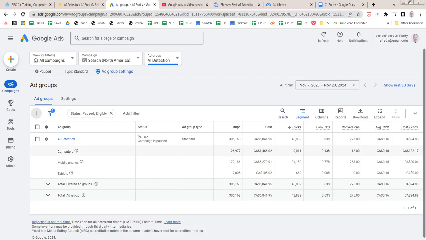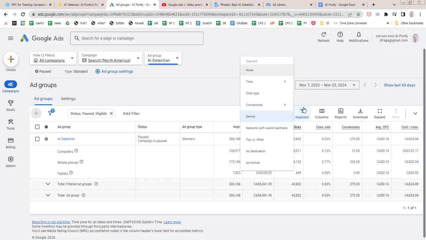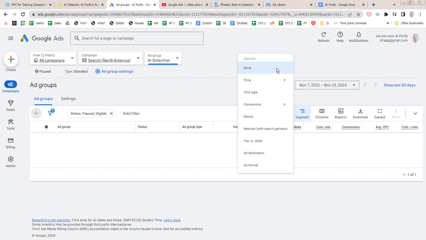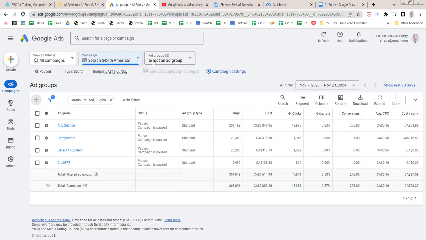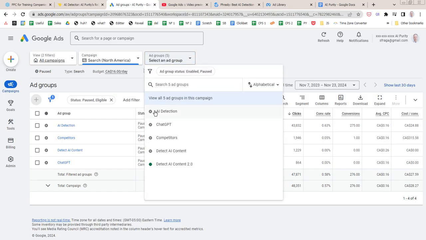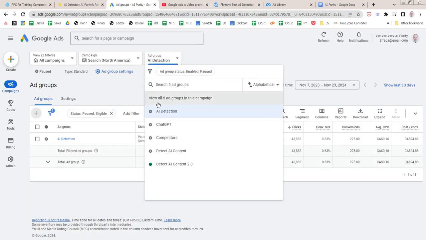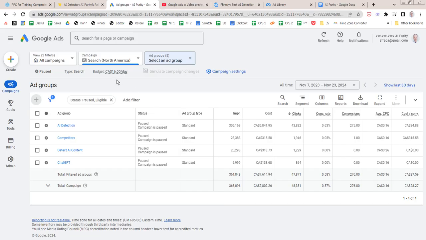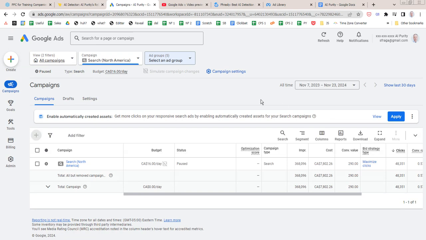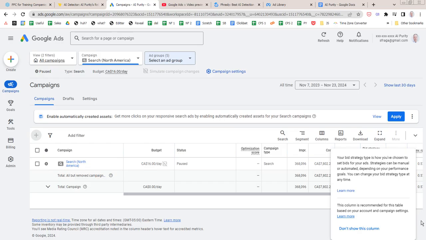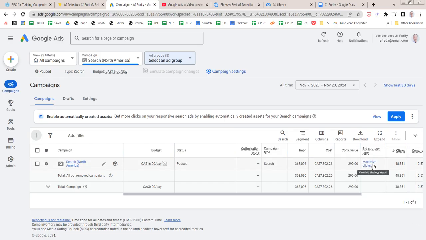And then the other major issue with this was the bidding strategy. So let me go back for a second. Sorry, let me get this right. Okay, one more chance. Here we go. They move things around. By the time you look at this video, all these links would be in a different spot. But what I was aiming for was this bid type strategy. This is currently set to maximize clicks, which is not what you want.